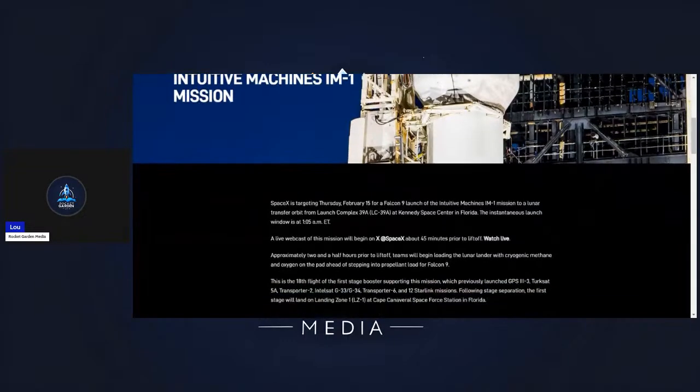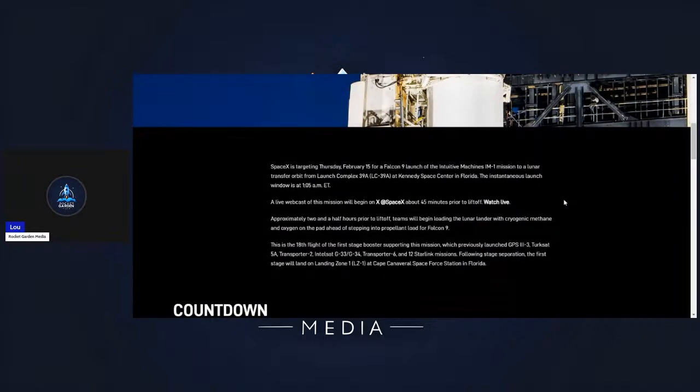We'll look at the launch profile, then we'll go back to IM and look at their promo video for it, and then we'll catch up with NASA, who is currently broadcasting the launch sequence. We're at T-minus 25 minutes. Everything looks to be going well, and the rocket is standing tall. So SpaceX is targeting today, Thursday, February 15th, for a Falcon 9 launch of the Intuitive Machines IM-1 mission to the lunar transfer orbit from